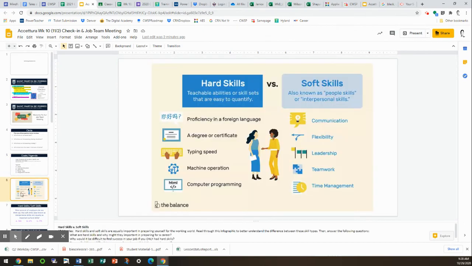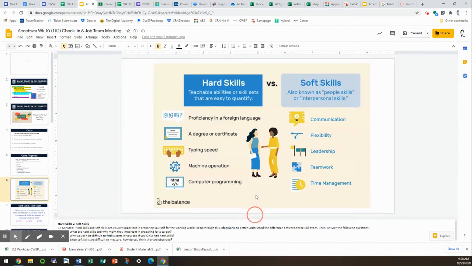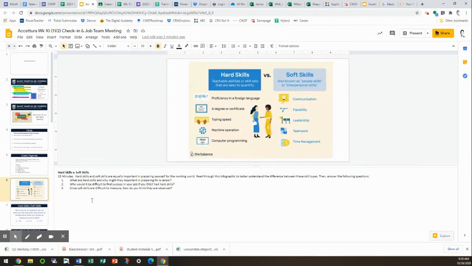So the opening discussion starts with this infographic. If you see down here in the notes, I put some discussion questions down here. I am trying to get this to slide up. All right, so you can see the discussion questions that we can take some time to discuss with the students,